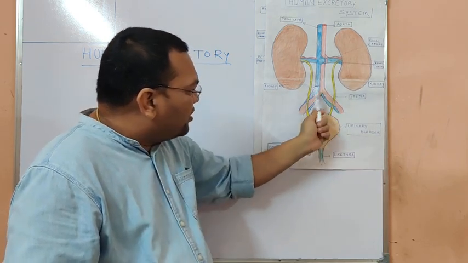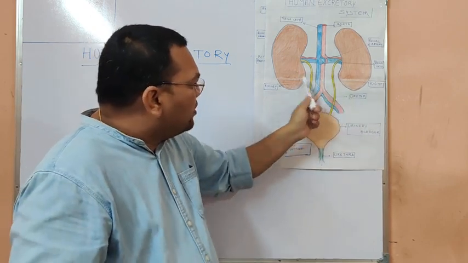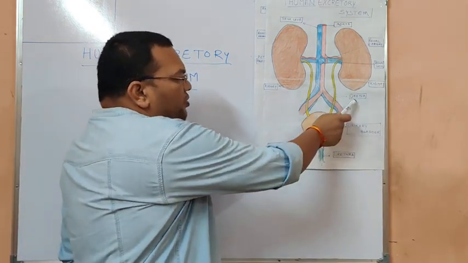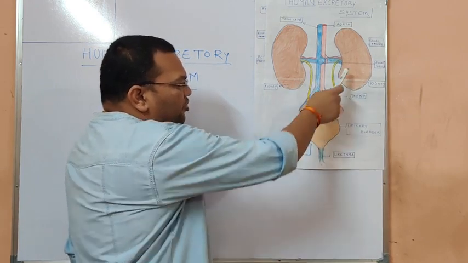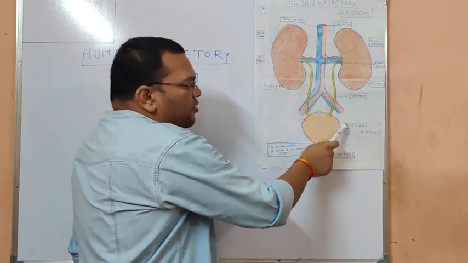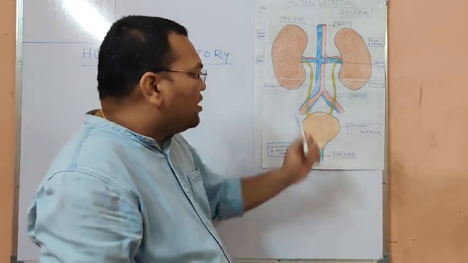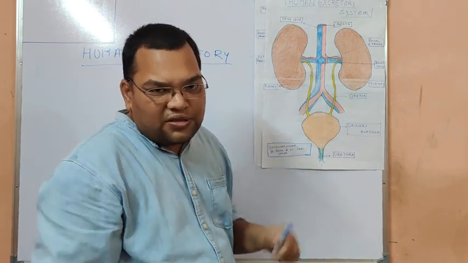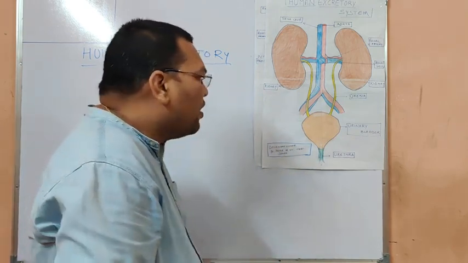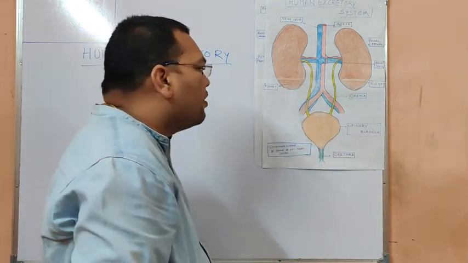You can see these two yellow colored tubes. That is very important. These two yellow tubes are called ureters, which pass the urine from the kidneys to the urinary bladder. In your book, the left kidney and the right kidney are there. Now you just see the diagram in your book. You can copy this diagram also.